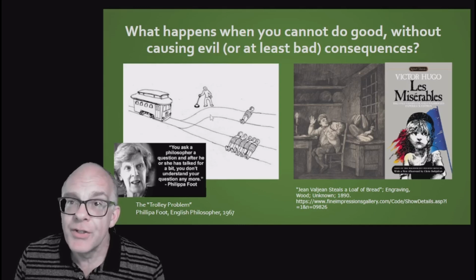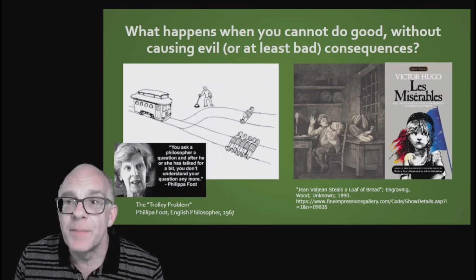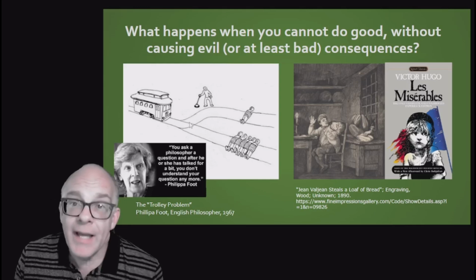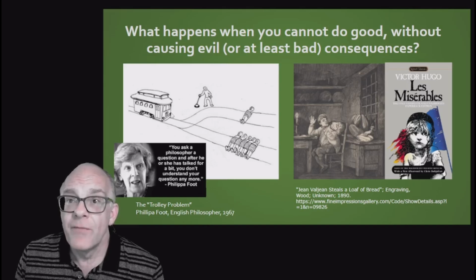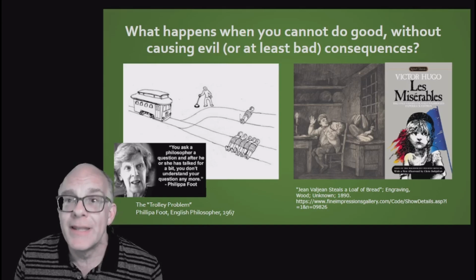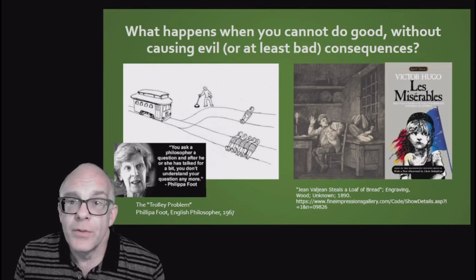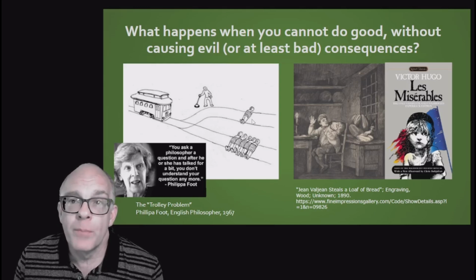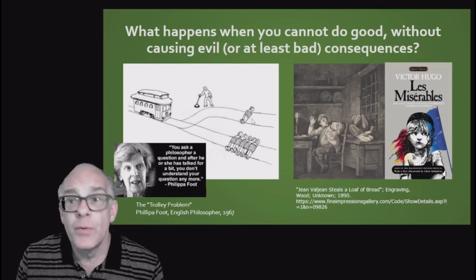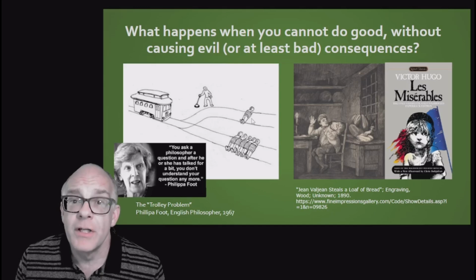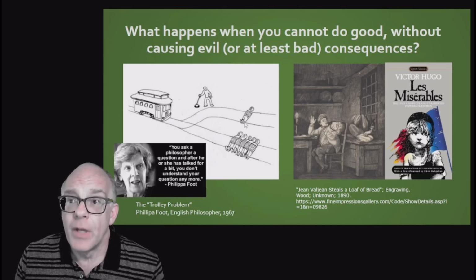If you take action, throwing the lever over here, you're going to save 4 people at the expense of an innocent bystander, at the expense of somebody who is not at risk originally, but in an effort to save more people, you're putting that person at risk. Do you save 4 people by killing 1 person? And what do you do in a situation like that? That's the question of the doctrine of double effect.